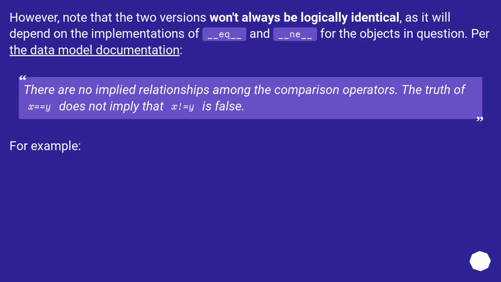However, note that the two versions won't always be logically identical, as it will depend on the implementations of __eq__ and __ne__ for the objects in question. From the data model documentation, there are no implied relationships among the comparison operators. The truth of x == y does not imply that x != y is false. For example,